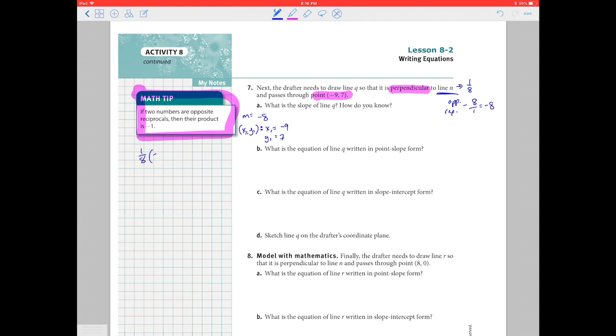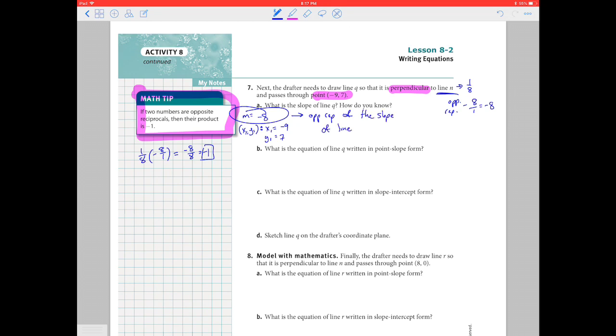1/8 times -8 over 1. Right, we can multiply across. That's how we multiply fractions. So we get -8 over 8, and that simplifies to -1. So that's perfect. So we know that is the opposite reciprocal. We checked our work. So now we found the slope. That's the slope because it is the opposite reciprocal of the slope